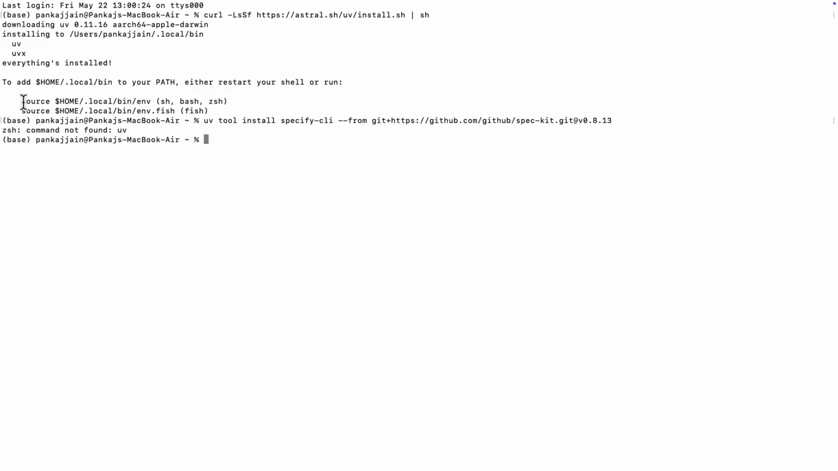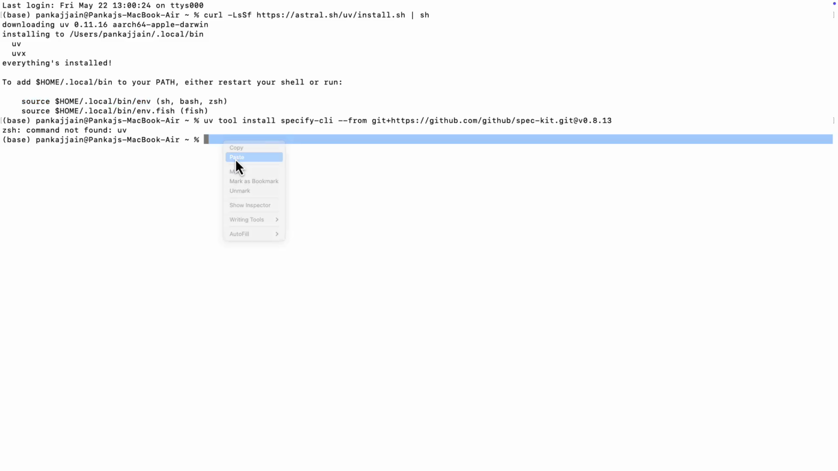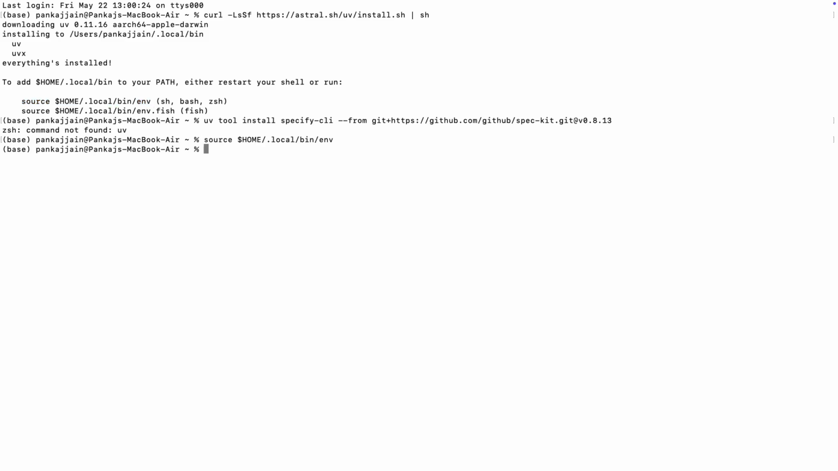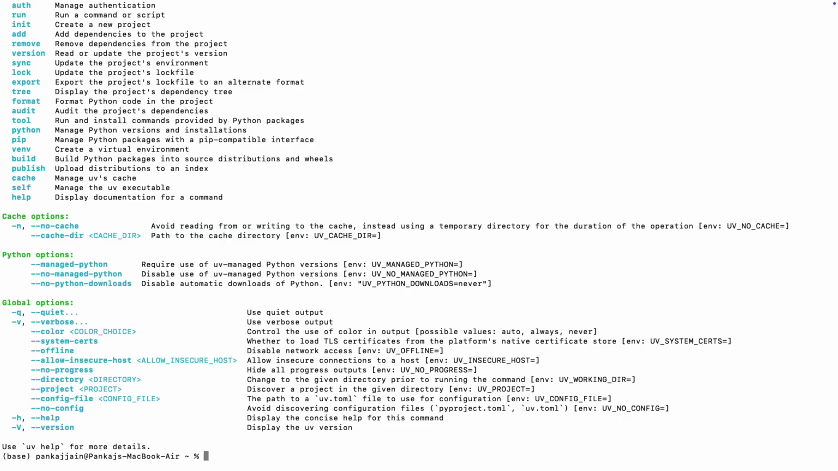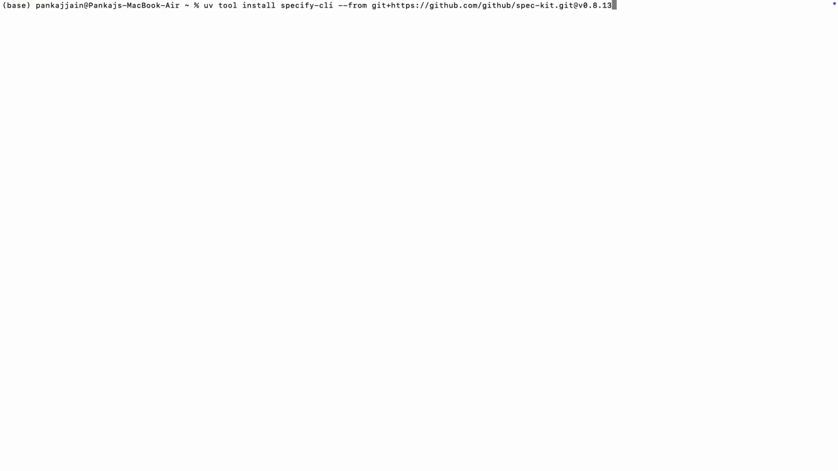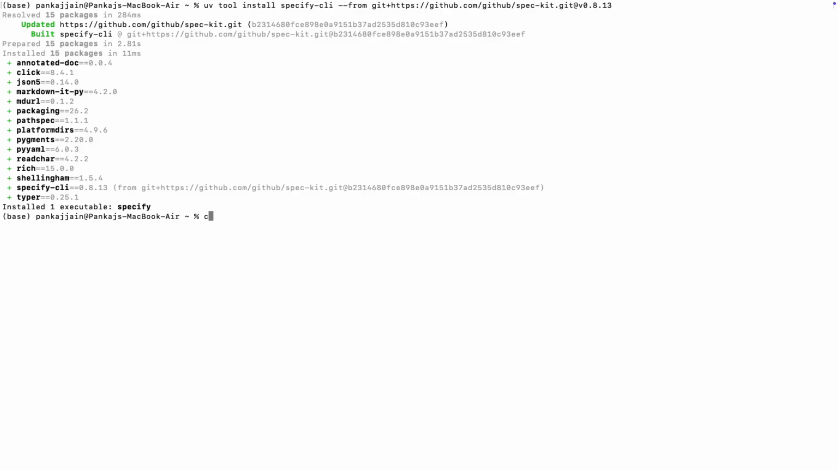UV not found. Oh, I forgot to run this command to add it to the path. Let me copy and run it. UV is now in the path. Clear the screen and let's run the command again. And it's installed now. Let me clear the screen, make a new directory for our demo project, spec demo, cd